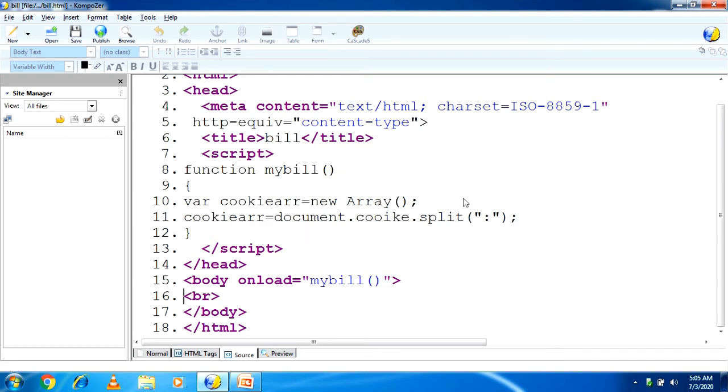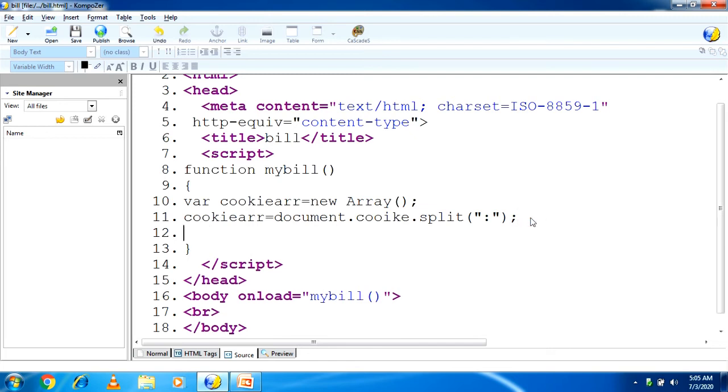Okay, now the next line is document.writeln. Writeln is spelled WRITELN, which means write line: bracket open, double quote, bracket close, semicolon. Here you have to write center.